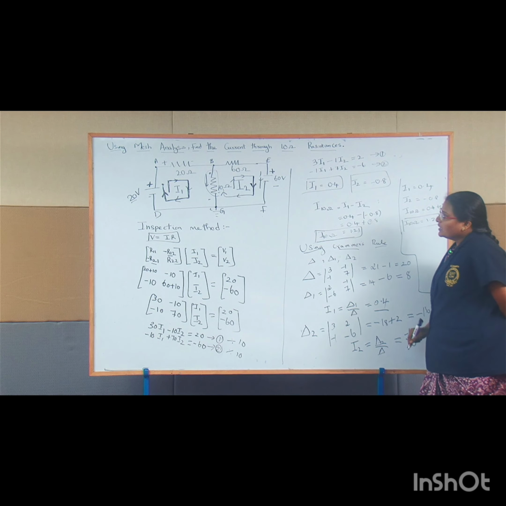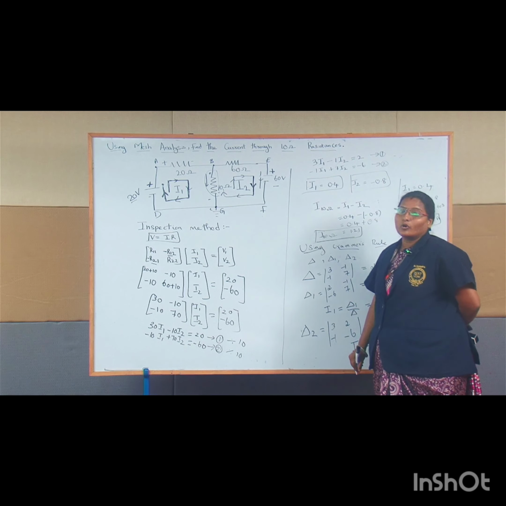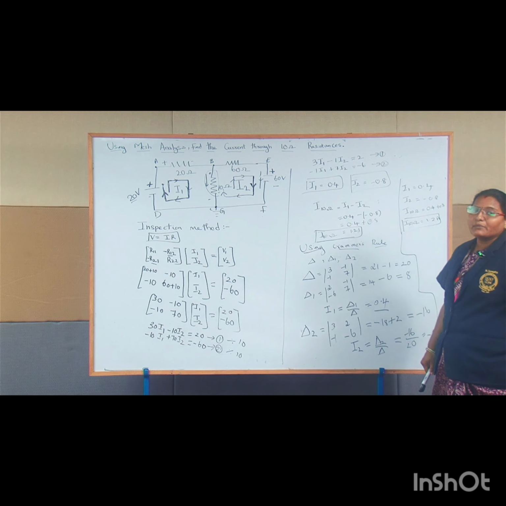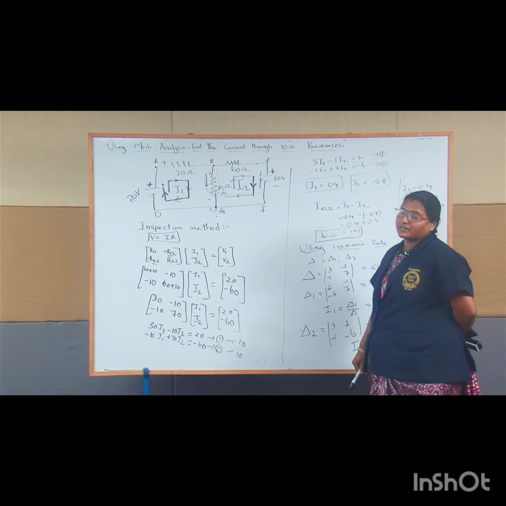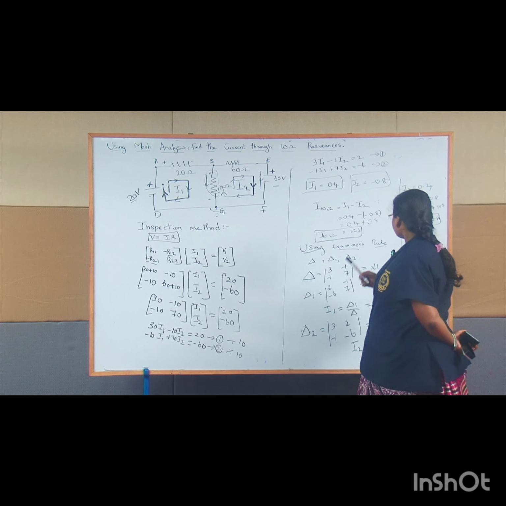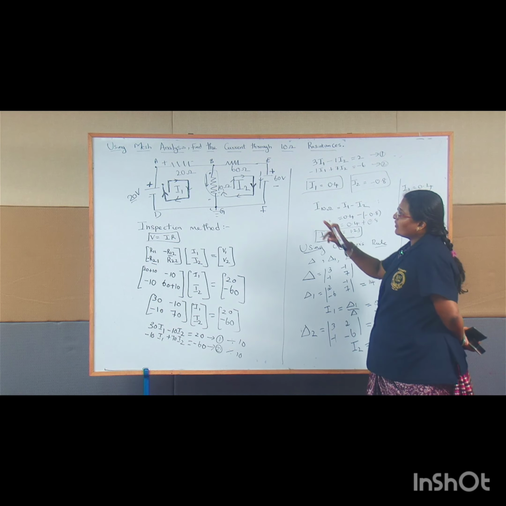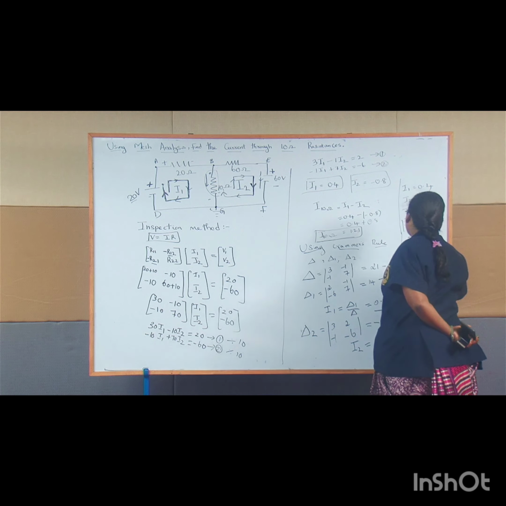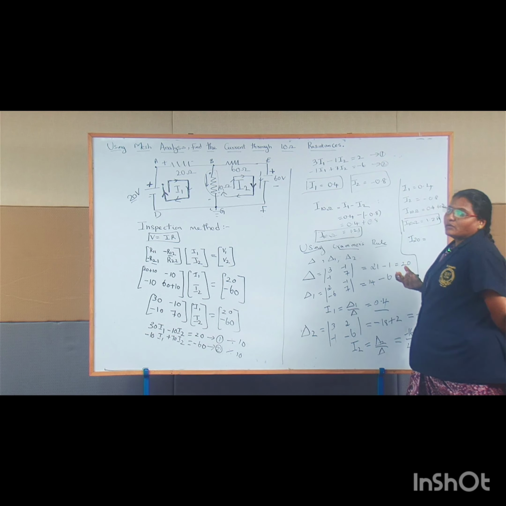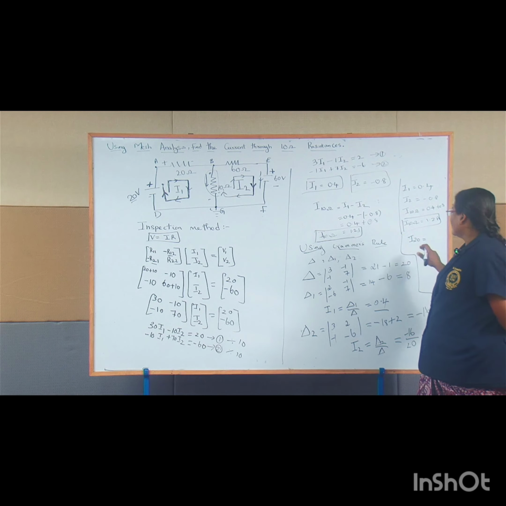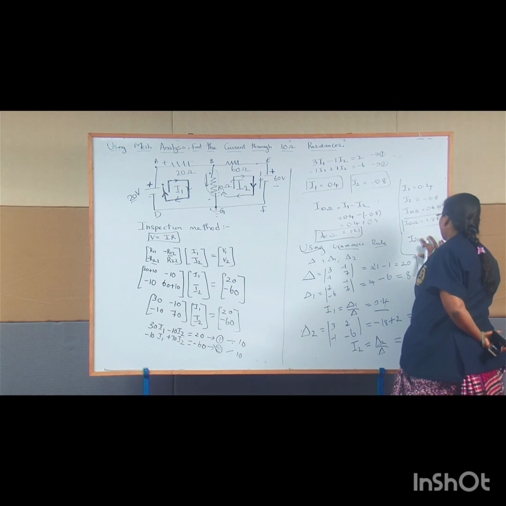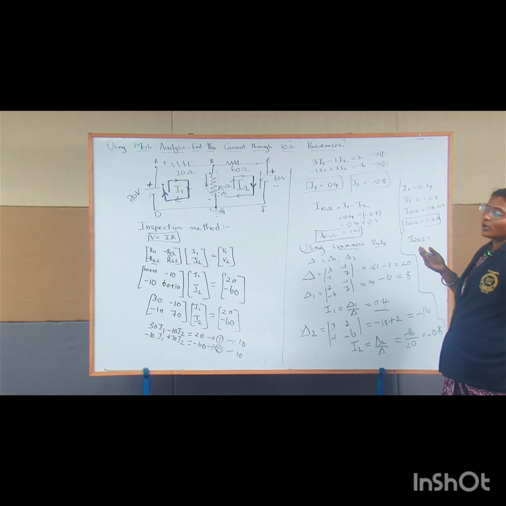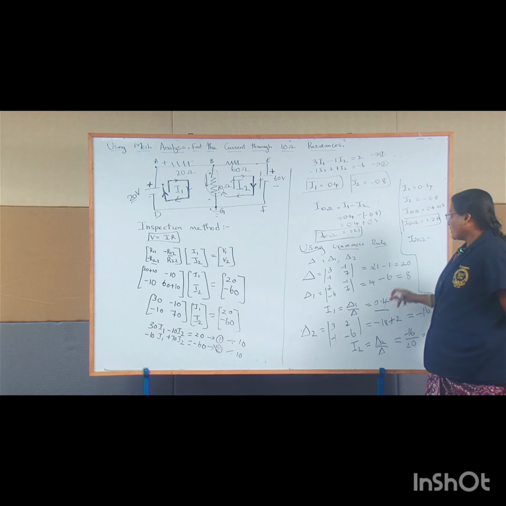Suppose in your question they ask what is the current flowing through this 20 ohm resistor. The 20 ohm resistor is an independent branch, an independent resistor. The current flowing through this 20 ohm resistor is nothing but the loop current I1. So, the current flowing through the 20 ohm resistor is equal to I1. What is your I1 value? It is